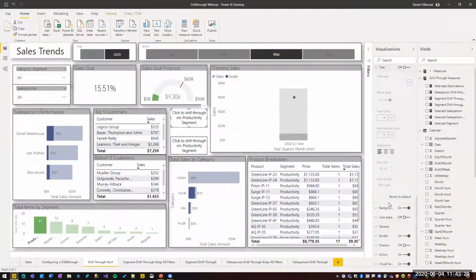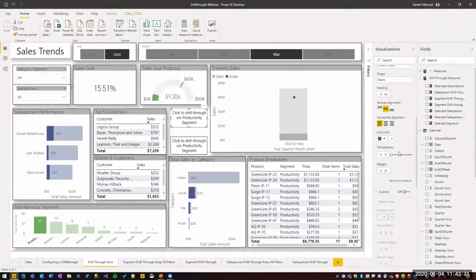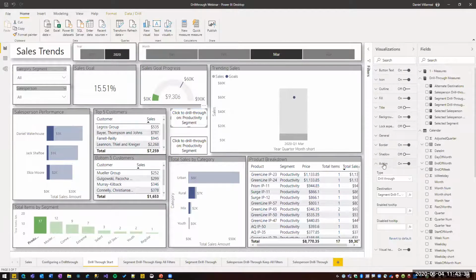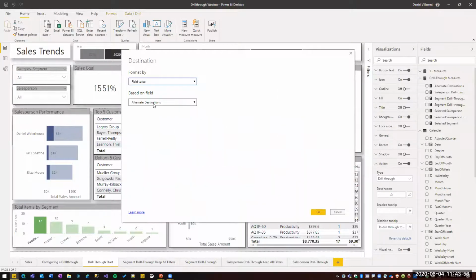And now, after showing all of these options, I want to show you the difference between these two drill throughs. So this drill through button I have created is only going to the segment drill through, which keeps all filters. However, on this second button I've created, I've added a destination conditional formatting measure that is defined by the alternate destinations